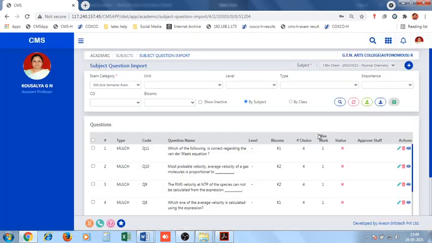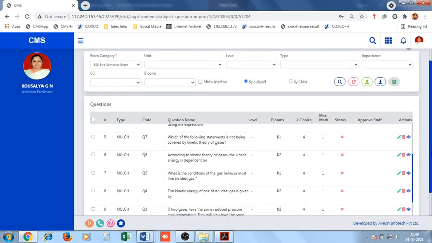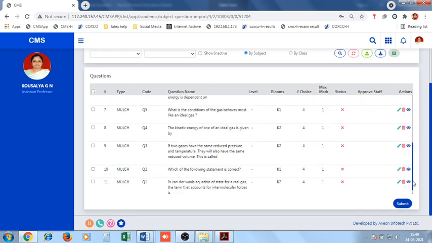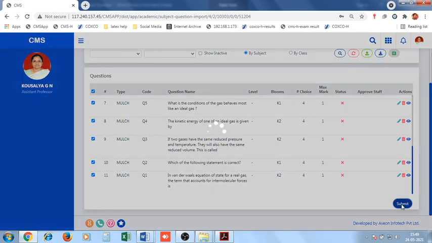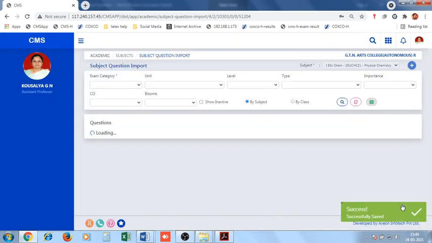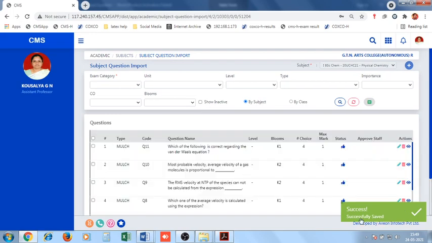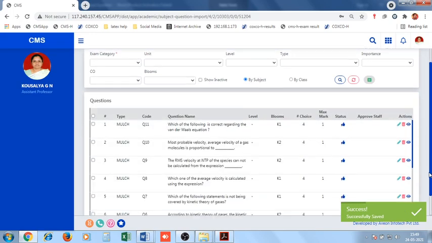These are the methods to add questions. Now you have to check CO, Blooms and options, other things. After you have ensured that all your 180 questions are correctly uploaded, then check mark this. So all the questions will be enabled, then press submit. If it is successfully submitted, then you have a success message. Afterwards you will see that the status will be now the thumbs up mark. Earlier it was the hint mark.